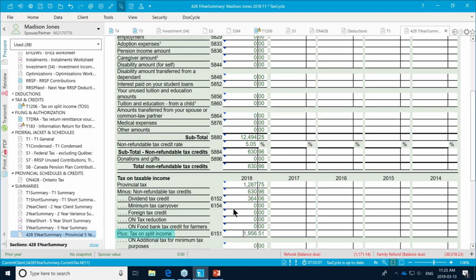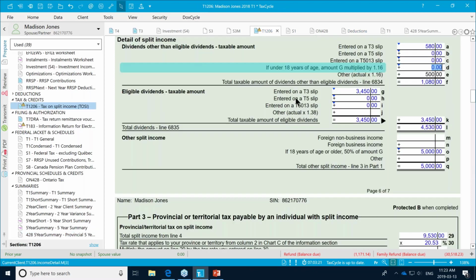I'm just going to quickly check my notes and make sure I didn't miss anything. I just wanted to also mention that on this form, on the 1206, just quickly so that if you're playing with this later and trying to figure out where everything goes, any box here that has a little blue arrow in it means that there's a hyperlink.